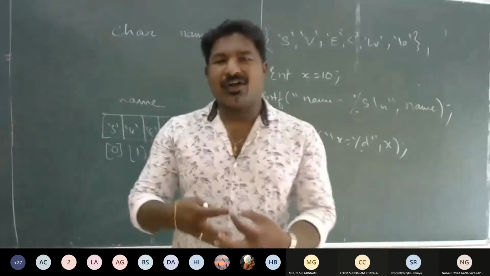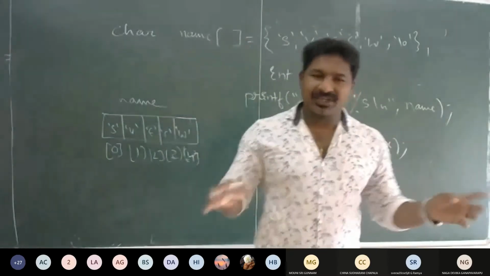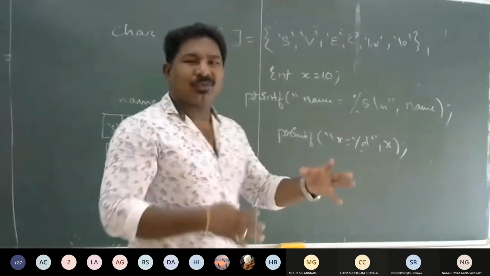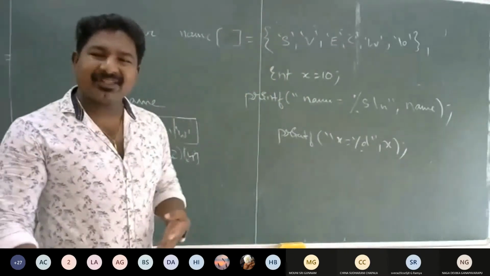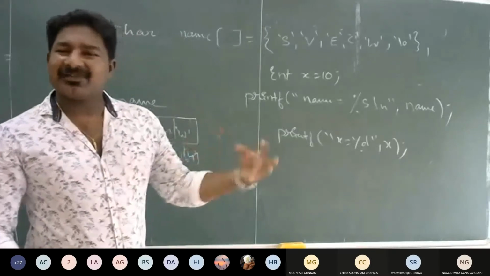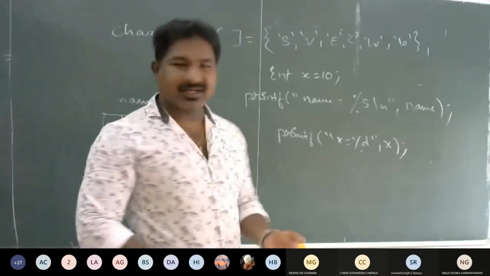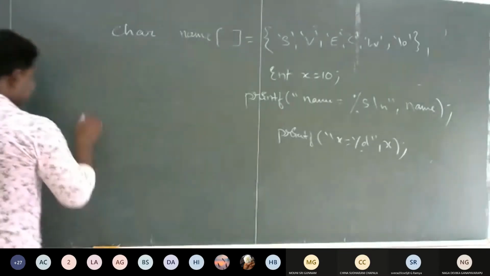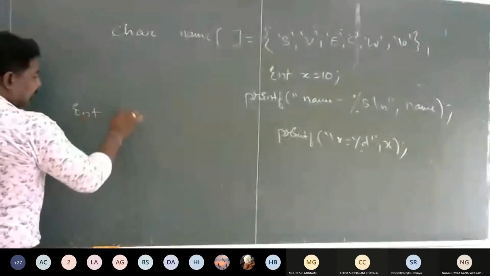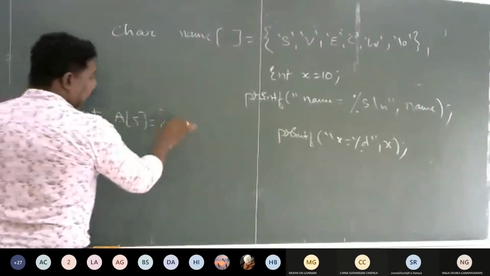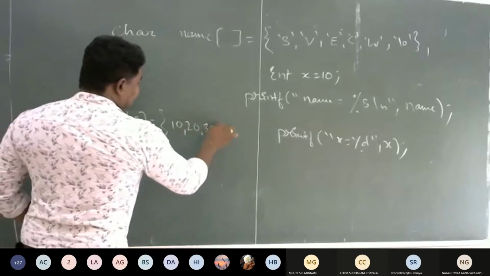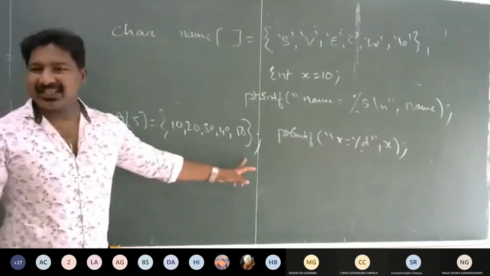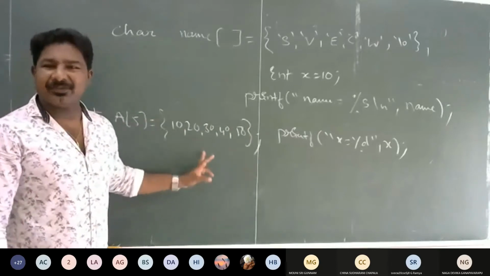We call all the characters in the double quotes a string, collectively. Why is this possible, and why is this not possible with an array of integer values? Since all the integer values are considered individual elements. For example, if I create an array int a with the size of 5, with the values 10, 20, 30, 40 and 50, you can't consider all of them as a single value, because these are 5 individual values.